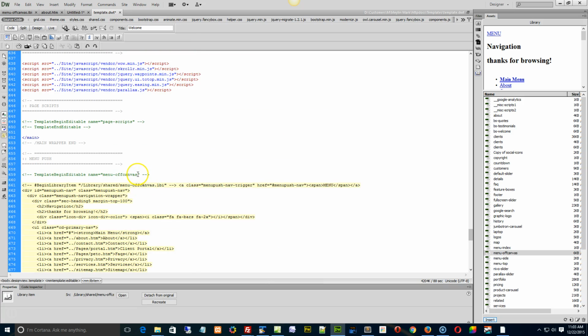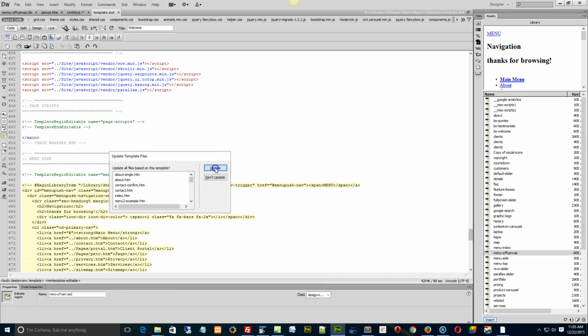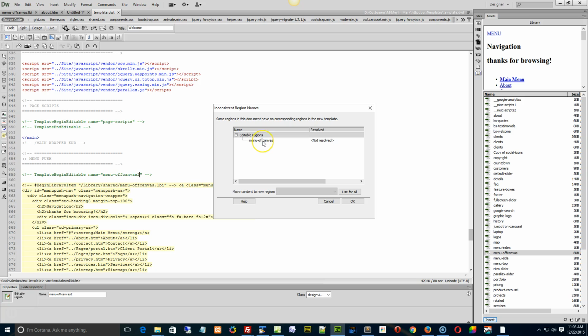Now what I need to do is rename this off canvas section here, because what we're going to do is update the entire site through the DWT. We're going to replace the existing template or editable region here with something new. So what we're going to do is just where it says menu off canvas, I'm going to type in the number 2. I'm going to save, update, and when we get this, hey, there's a problem,